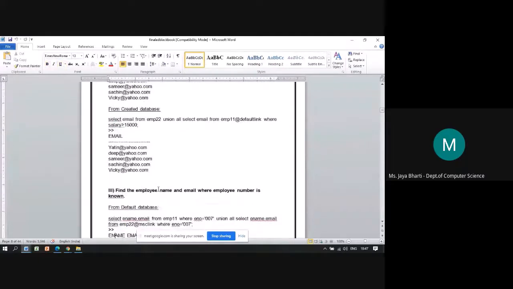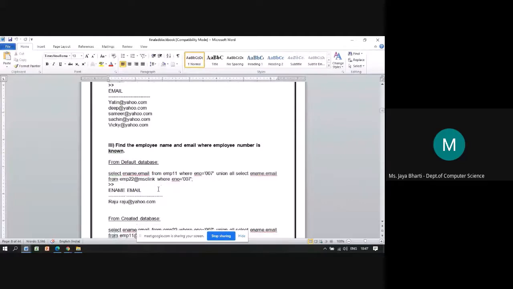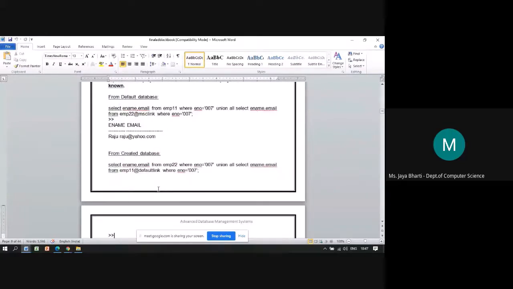And the third query is find the employee name and email where employee number is known. So first on the default database they executed select ename, email, two things you want, from EMP11 where employee number is equal to 007.